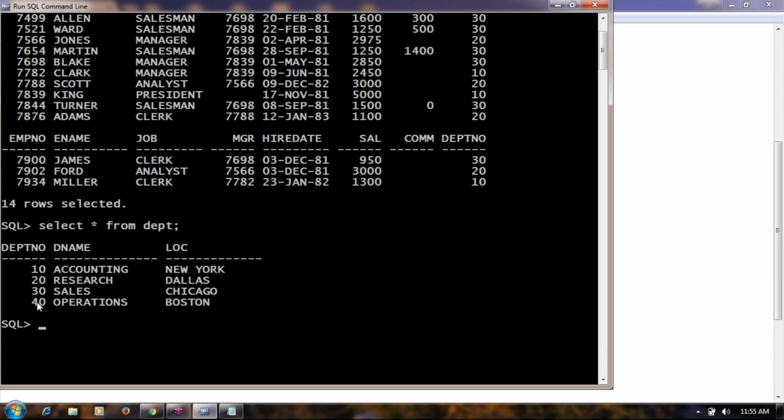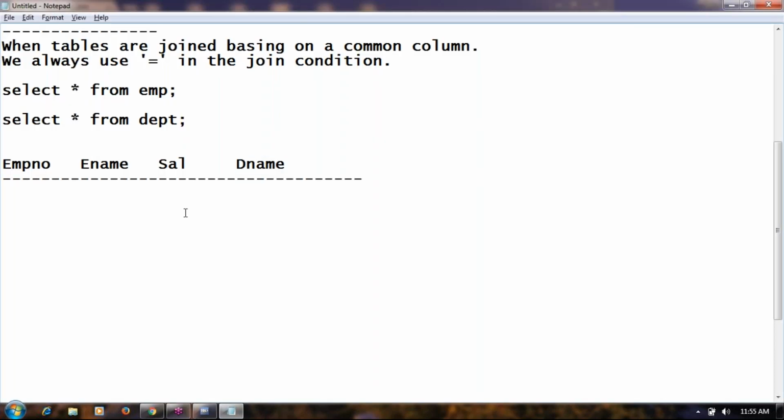When tables are joined using these kinds of common columns, this is called an equi-join. And look at the first query. The first query is very, very important. The first query will act like a base for the next queries. How the query, how to